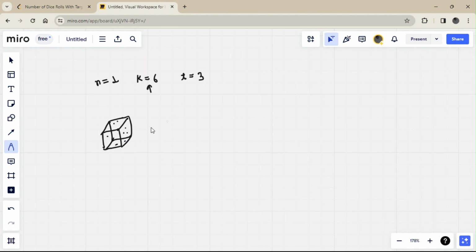We want to return the number of ways we can reach the target sum. In how many ways do we reach the target sum, which is 3? Only one way, because we have only one dice. If we roll a die and the face value is 3, only that face value reaches the target sum. So number of ways equals 1. So here the answer equals 1.